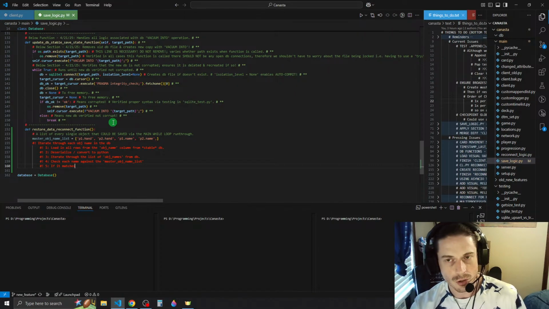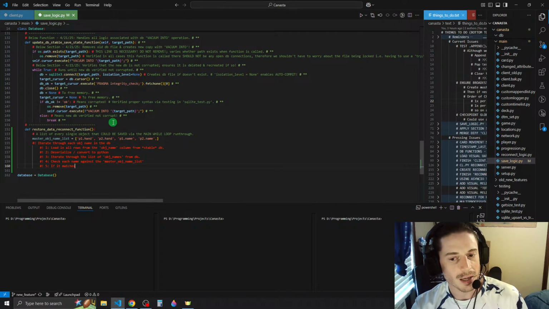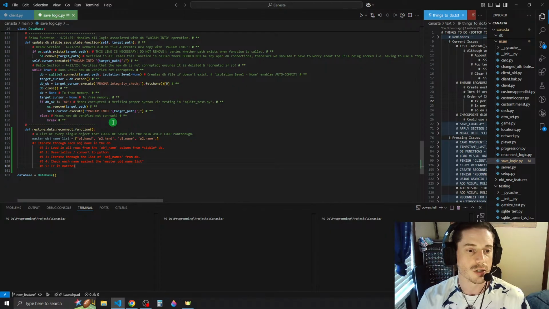It would match with P1 hand. Okay, it matches with P1 hand, but then what? How do we get it to intelligently assign the namespace, like P1 hand equal to its associated value?